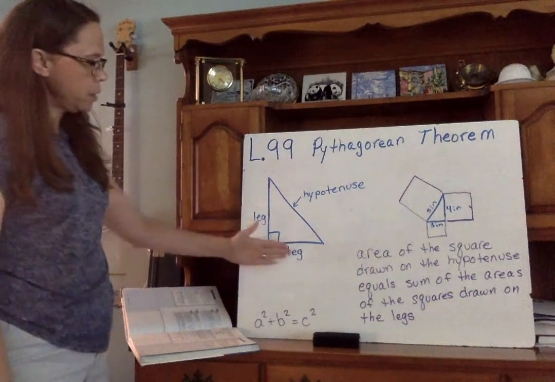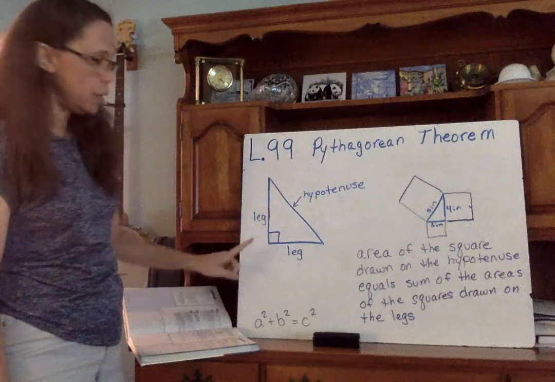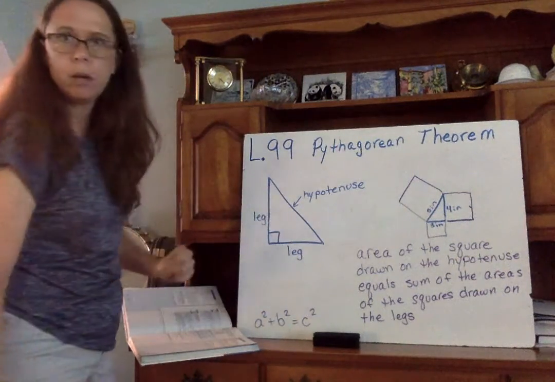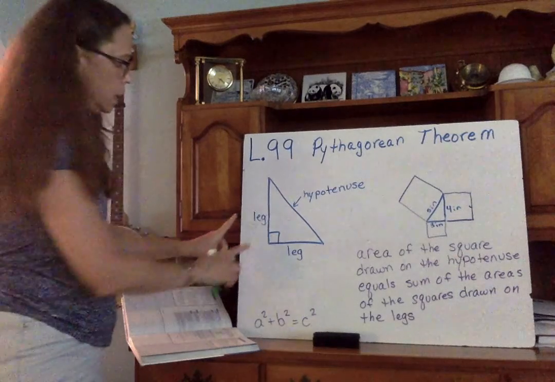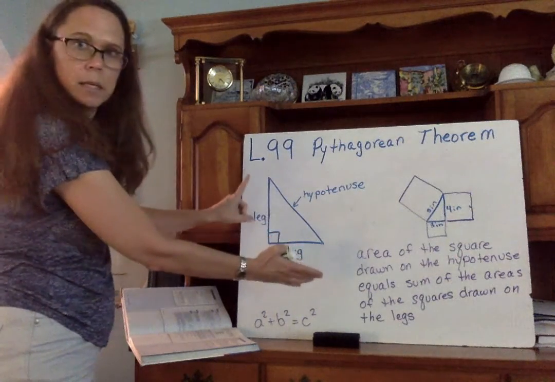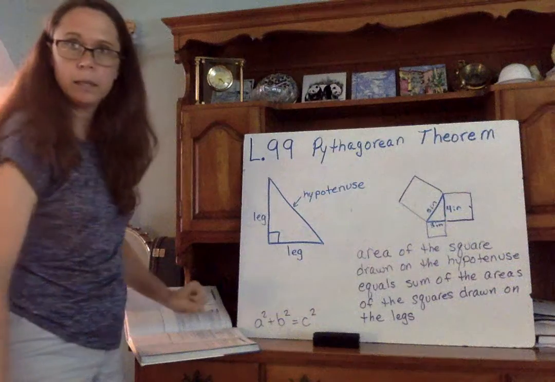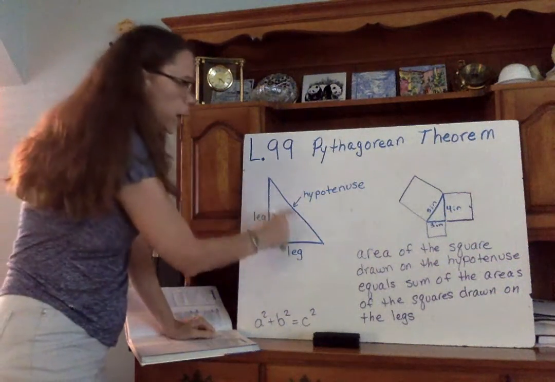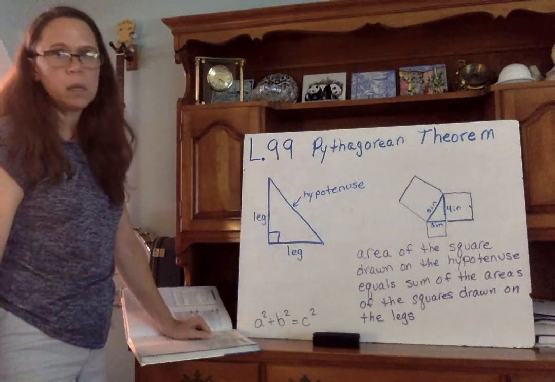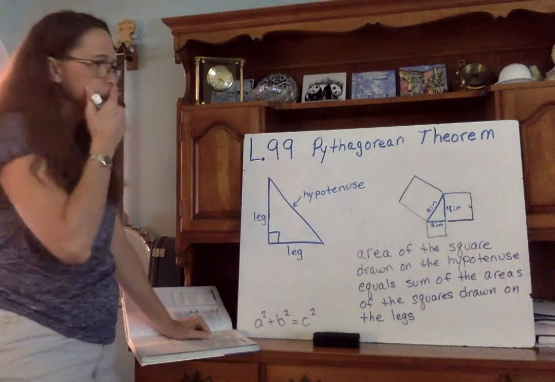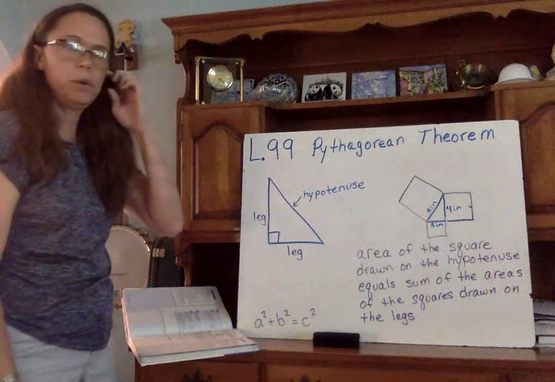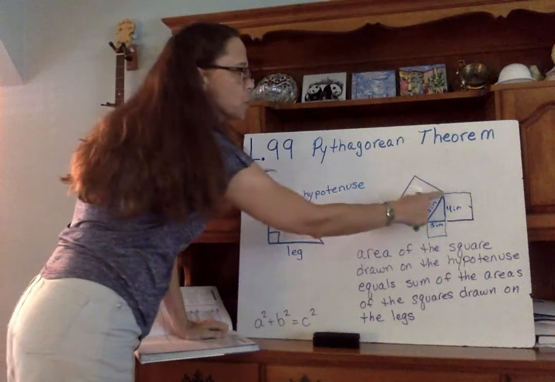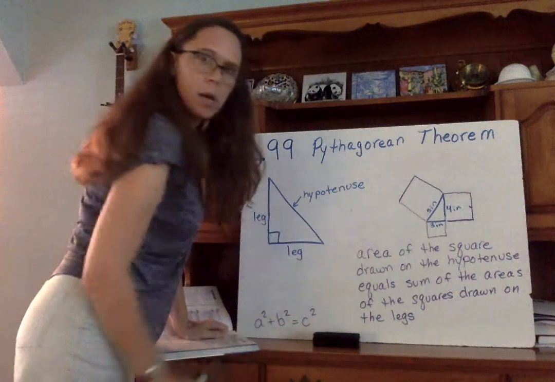So if we're looking at a right triangle, the longest side is the side that is opposite the right angle, and that has a special name called the hypotenuse, okay? The other two sides that form the right angle are called the legs, okay? So it's important that you know that on a right triangle, the hypotenuse is always the longest side, okay? Now, the Pythagorean theorem says that if we take a right triangle and we draw squares off of each side,